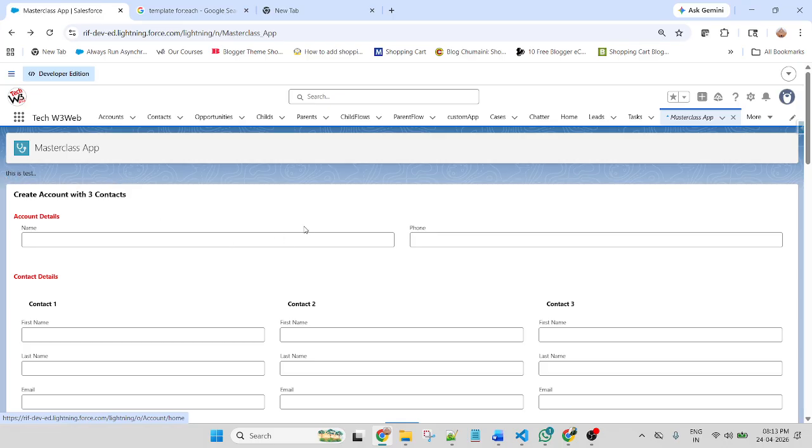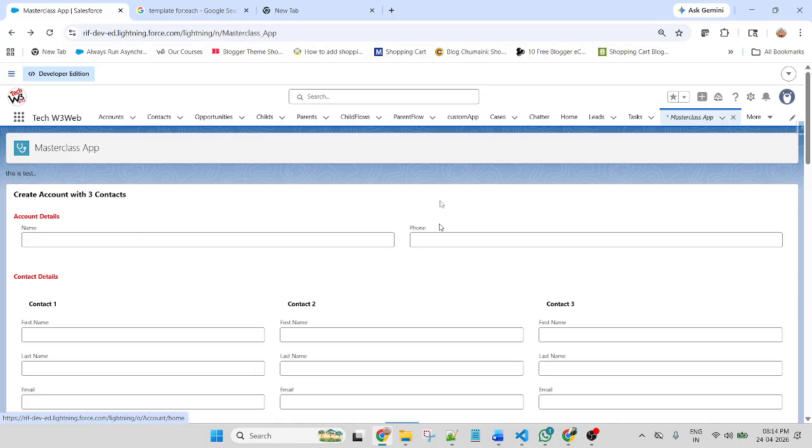What is the property usage of lightning card? If you are not using lightning card, there is no white background. This is the input field. This is a container. This white container background is displayed through lightning card, and that is the importance of lightning card. Okay, Vivek and Santosh?